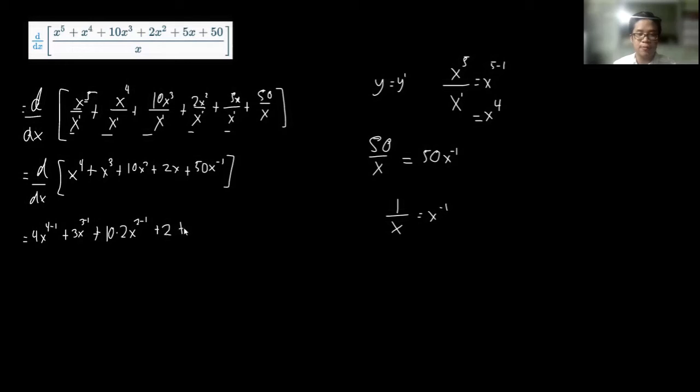Then here, this is the same as the other terms, so just copy the coefficient, then bring down the exponent, copy the variable, and then now subtract its exponent by 1. Therefore, your answer here is 4x cubed plus 3x squared plus 20x plus 2